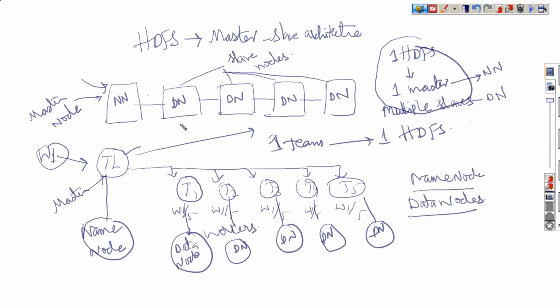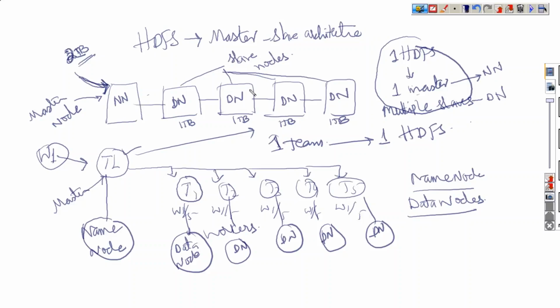Okay, now let us say the size of each node is 1 TB, 1 TB, 1 TB and 1 TB. Now we have some data. Let us take 2 TB of data. Now I will try to load the data into this HDFS. To whom should I give the request? Master, name node, exactly. We need to request the master that I am trying to load 2 TB of data into you.